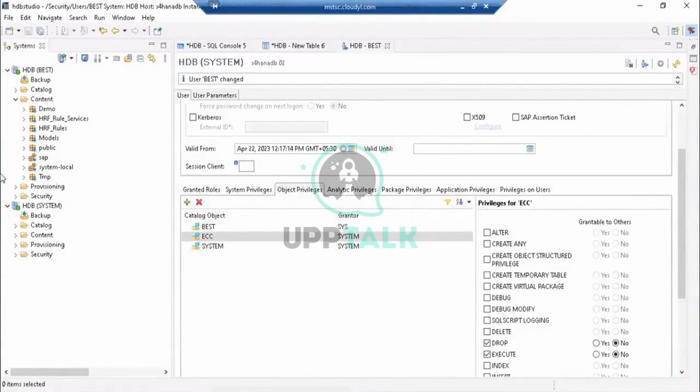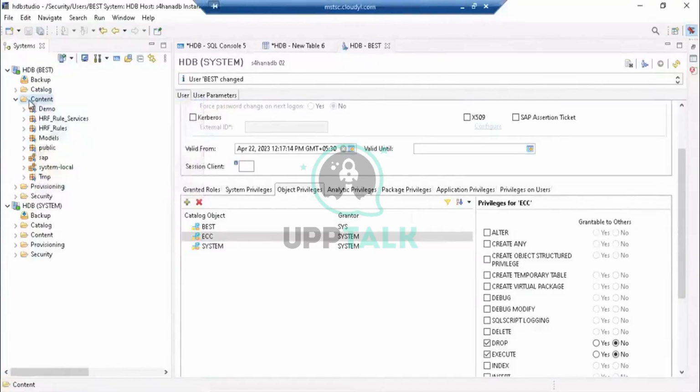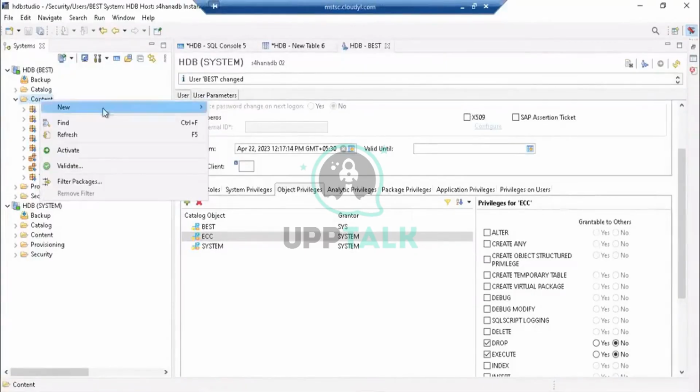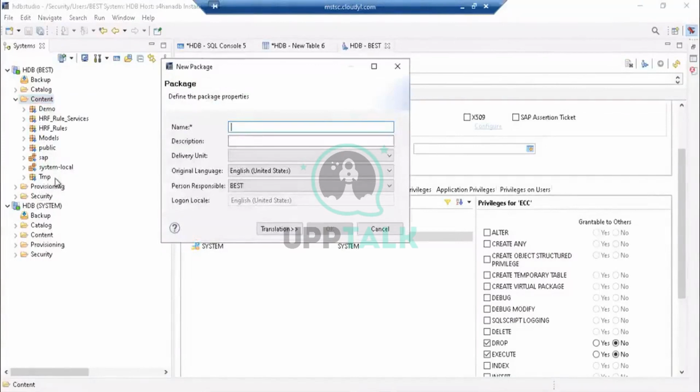For that reason, SAP has provided you with this functionality of packages, where you can load the content in the packages. Basically what you do, you assign. Let us say, I will create a new package called security. If you want to create any new package, you can just click on this, click on New, then click on Package. Let me create a package called